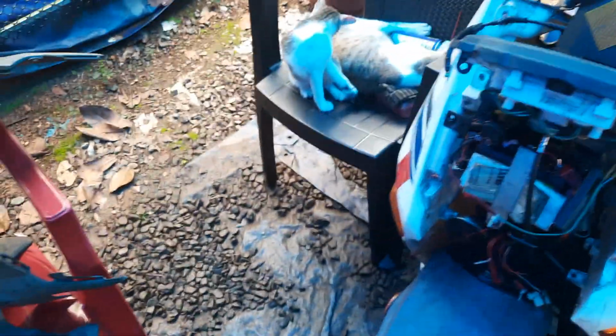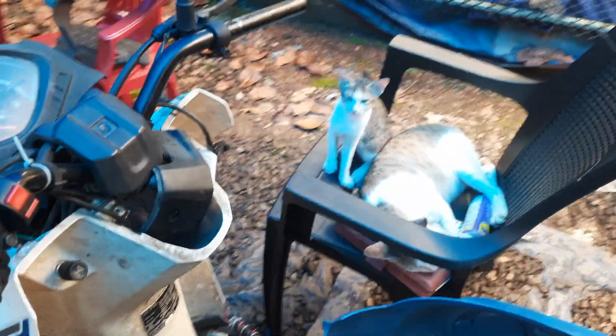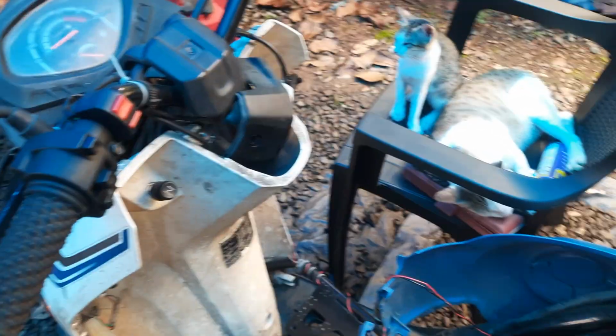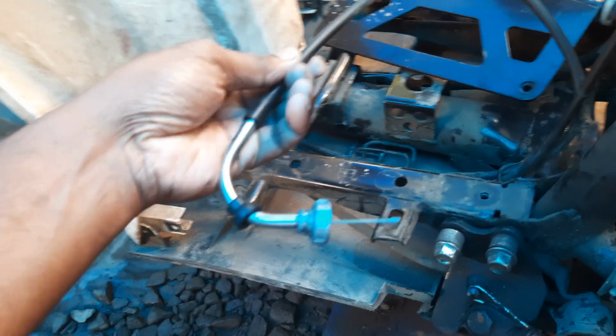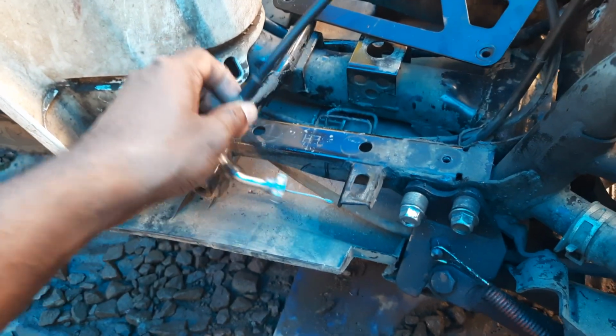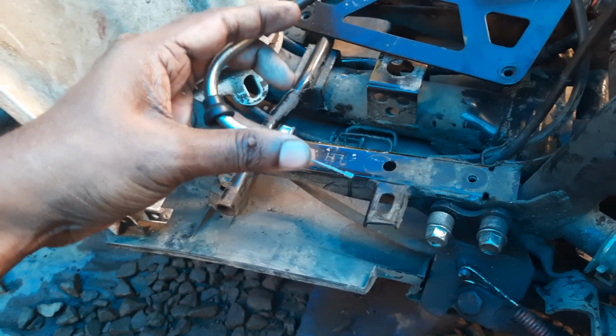Okay, so this is a Honda Cliq 2019 model. The problem with this was it was accelerating when the vehicle was turned on, even without giving any gas. The reason for that was the 4-year-old cable in which the inner core had shrunk. This part is also very loose. Once you fix it,